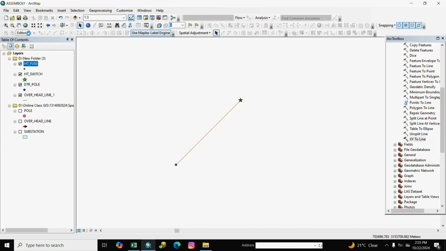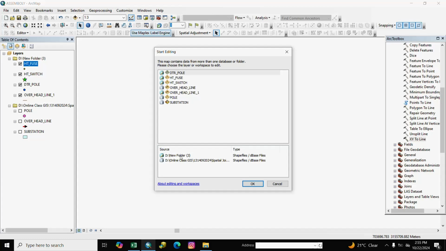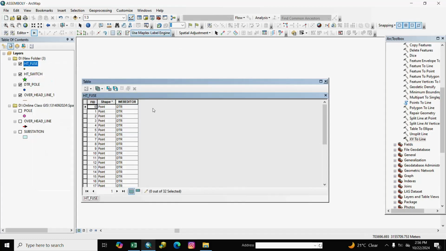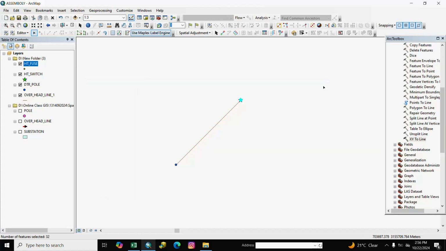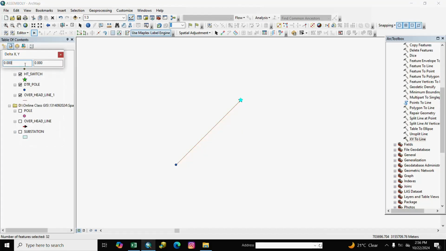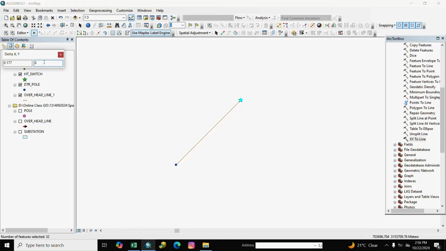and we start editing. And open attribute table, select all, and move same at 0.177 and 0.177 and enter.